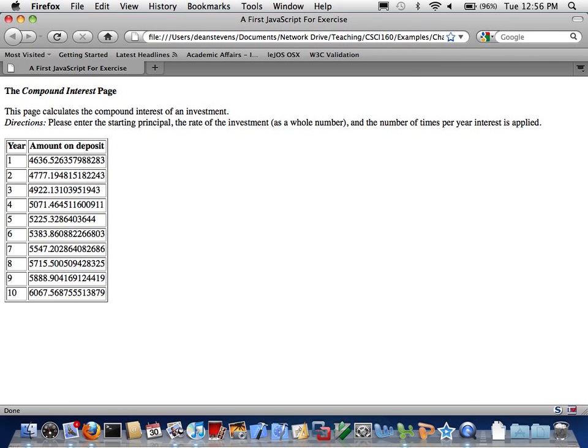Okay, so if you were to put in a 10-year Treasury bill, you could see that for each year, you're making more and more money on that deposit. And so, at the end of the 10th year, the entire investment would be worth $6,067, for a nice tidy profit of a little more than $1,500. Okay, so this is just interest